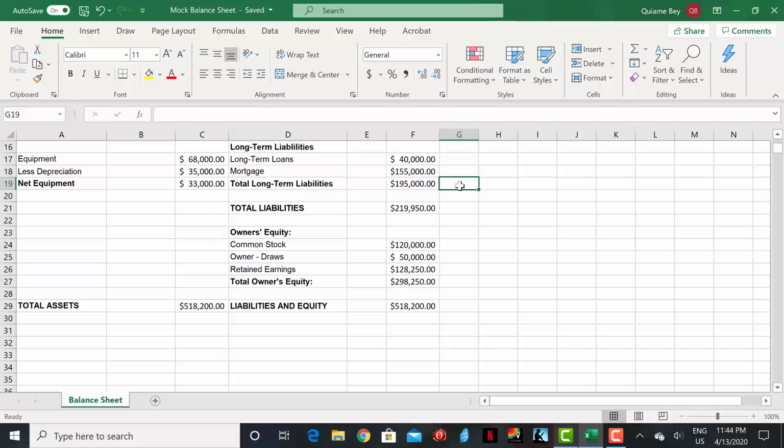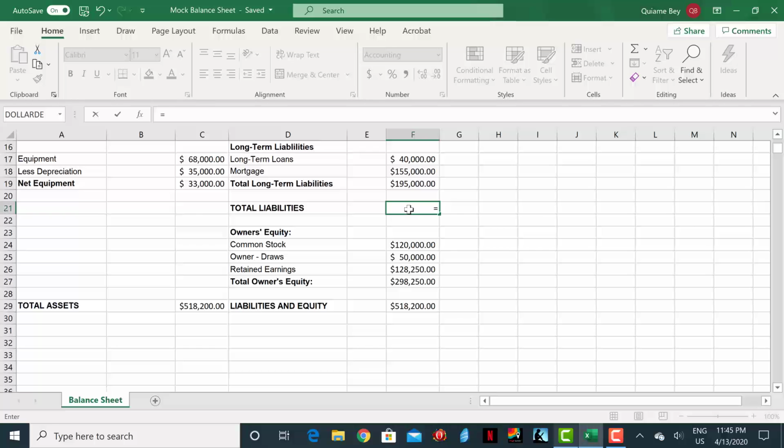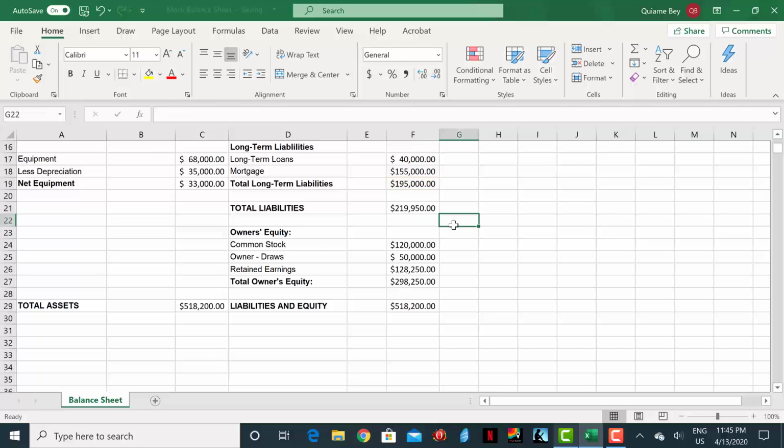To find total liabilities, we will calculate the subtotals, which are cells F14 and F19. So, in cell F21, we will insert the formula equals F14 plus F19. Which should give us the value of